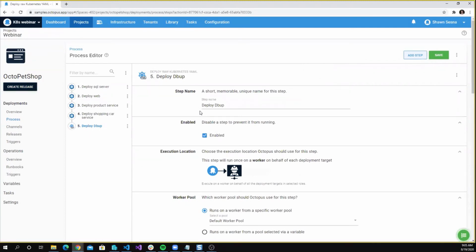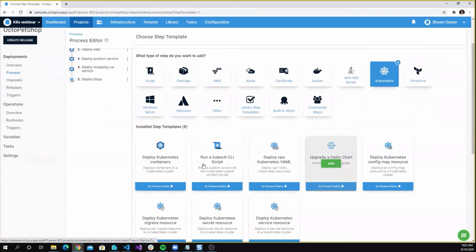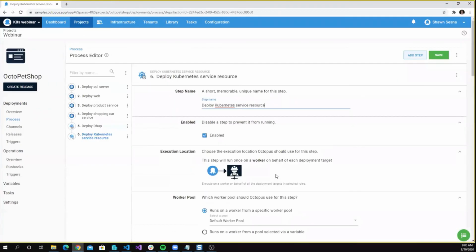Now, the one thing we haven't done is given the ability for the internet to talk to our web front end. Now, there are two ways that you could do this. You could do this with an ingress controller or a load balancer. For this demonstration, we are going to use a load balancer. So I'm going to click on Add Step again, Kubernetes. And since I'm not deploying a container, I don't need to use this, but I can use this Deploy Kubernetes service resource. So if I click on Add here,